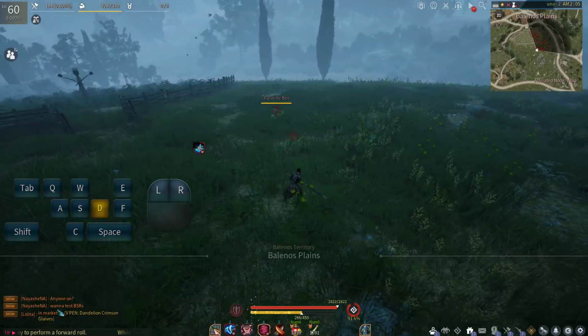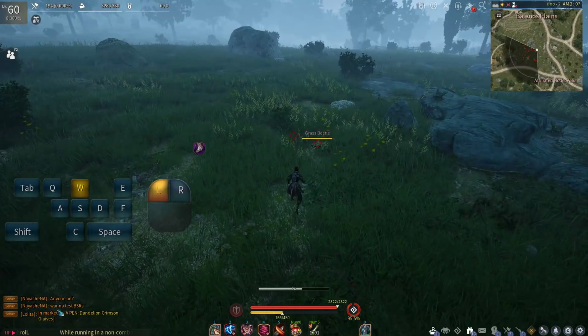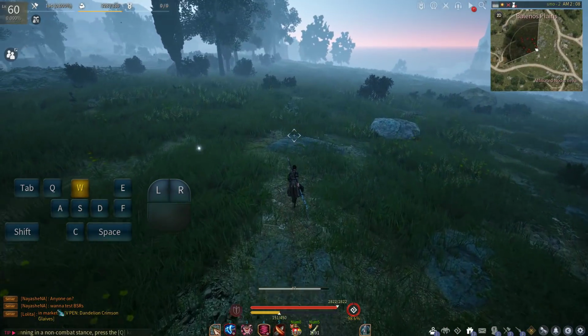Let's see if I can do them in succession. Let's constantly get Black Spirit Rage. They need to come up with a way to just instantly fully charge your Black Spirit Rage. I'm surprised they haven't done that yet. Alright, so...